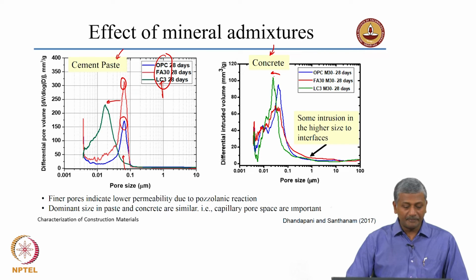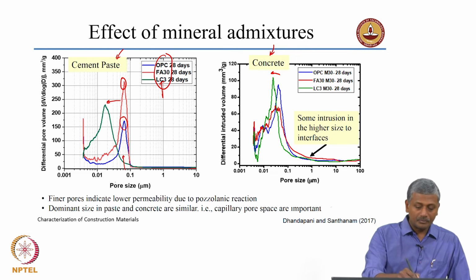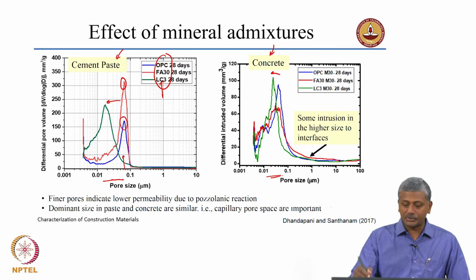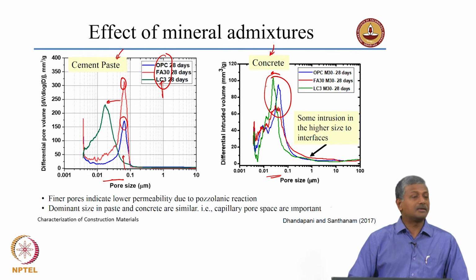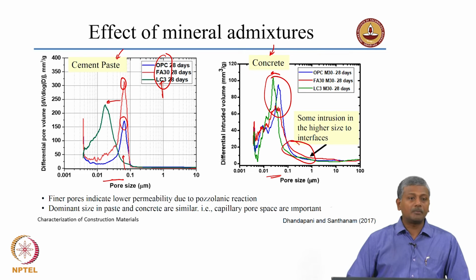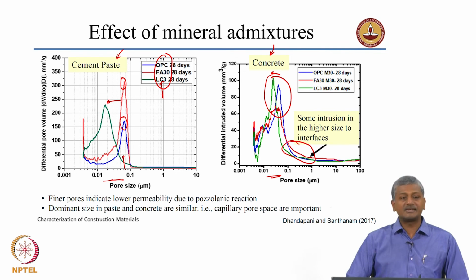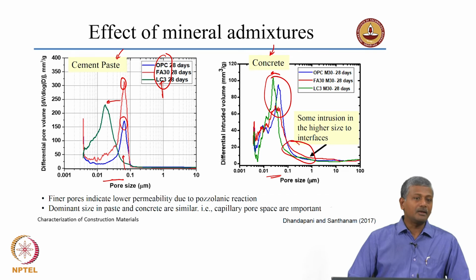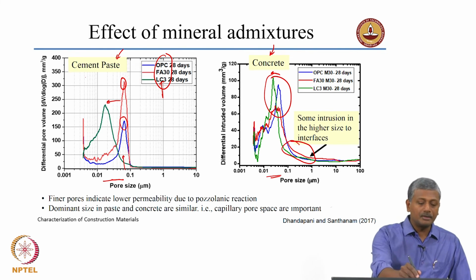but here please remember, you will not get the same degree of pore sizes, you may get slightly larger pore sizes, but overall in the paste region your pore sizes may be quite similar. The intrusion is high in this range from 0.1 to 10 microns, possibly because you have these interfacial transition zone effects that may intrude mercury into the ITZ also, and that accounts for that extra intrusion because of the higher porosity of the interfaces. But as far as the paste is concerned, you still get the pore sizes in approximately the same range as you got for the plain paste system.